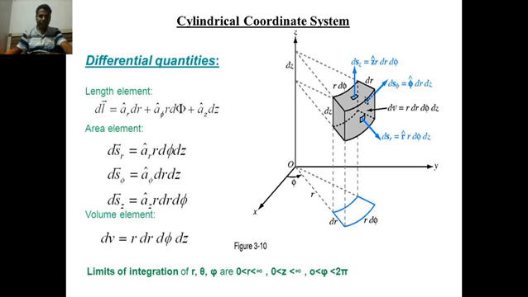Similarly, in cylindrical coordinate system, we already discussed, 3 planes are required. Which are those 3 planes? r plane, then theta plane and phi plane. Please refer the previous video lecture. 3 differential lengths are dr, d phi and dz. 3 differential surfaces are ds r bar, ds phi bar and ds z bar. So how to obtain these differential surfaces, that is also covered in the previous lecture.